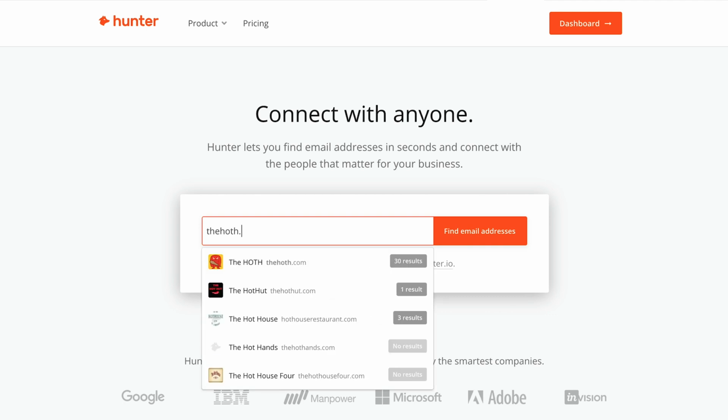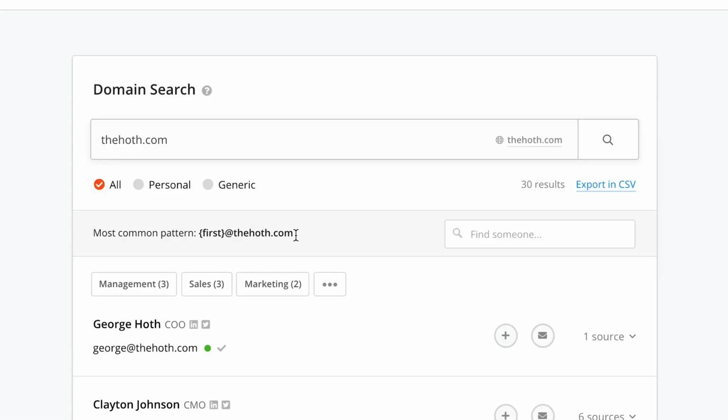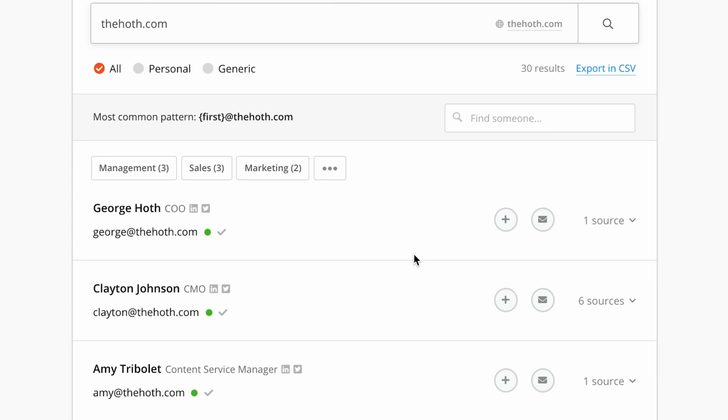Not all influencers will share their emails publicly, but that's no problem. There are a few tools you can use to find this information. We like to use this free online tool called Hunter. All you have to do is type in the website of your targeted influencer. You'll instantly get a list of all the names and email addresses associated with that site. Or you can use a tool called Clearbit Connect, which also targets social media links. But don't get too excited just yet. We still have to talk about how to craft that perfect outreach email.